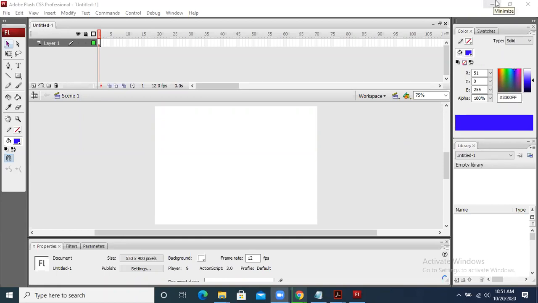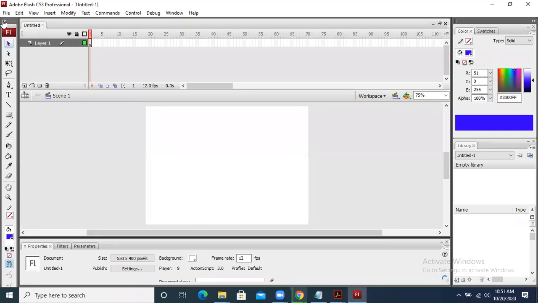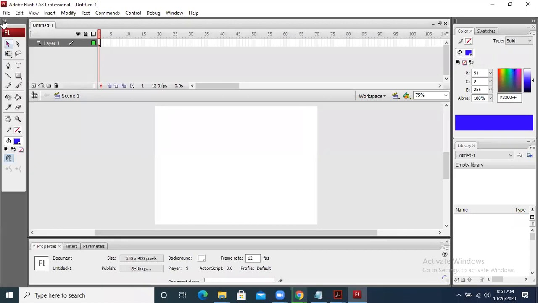Now afterwards, how can we make animation over here? This is a very important question. I had told you the toolbar is shown over here in two columns, but if we click on this arrow button, it will come in one column, and if we click it again, it will come in two columns. Whether it is in one column or two columns, the objective is the same, the same tools are available over here. So we can draw different types of things from here.